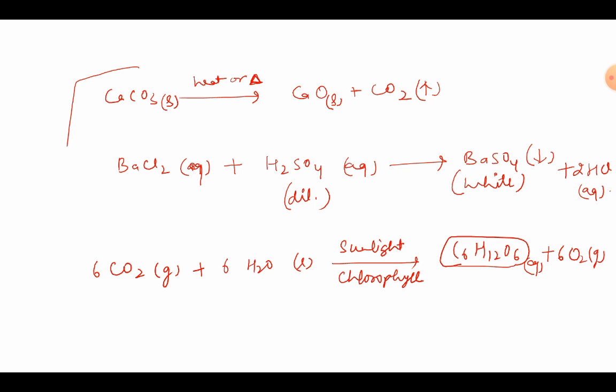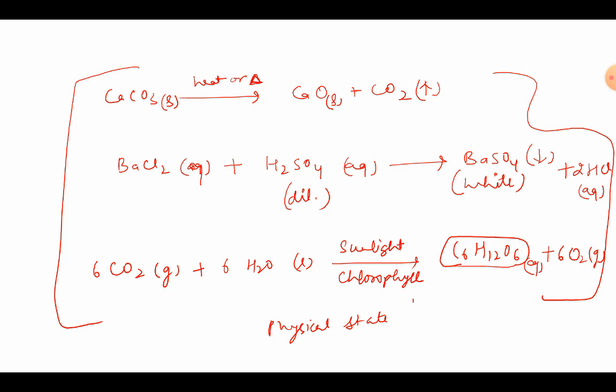So this is how we can make the equation very informative, just by putting the physical states, whether solid, liquid or gas, or aqueous solution or a precipitate, and by mentioning the conditions, that is temperature, pressure or any other condition that is needed, either above the arrow or below the arrow. I hope that you've all understood how we can make the chemical equation so informative. Thank you everybody.